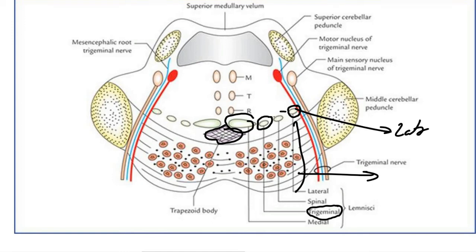Just lateral to that we have the spinal lemniscus, and at the lateral most part we have the lateral lemniscus,